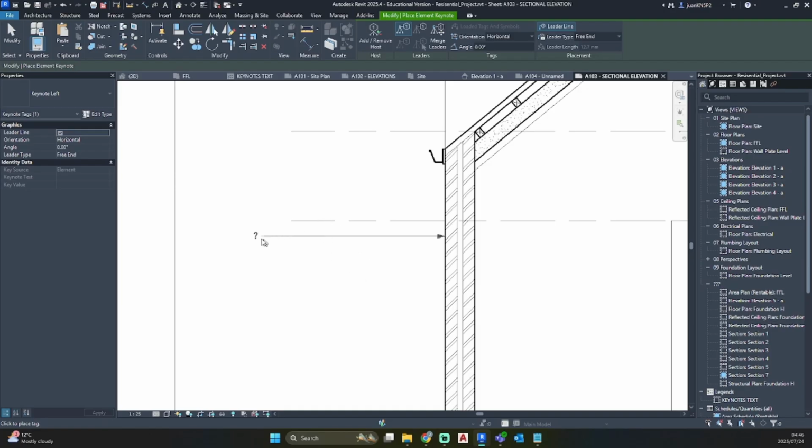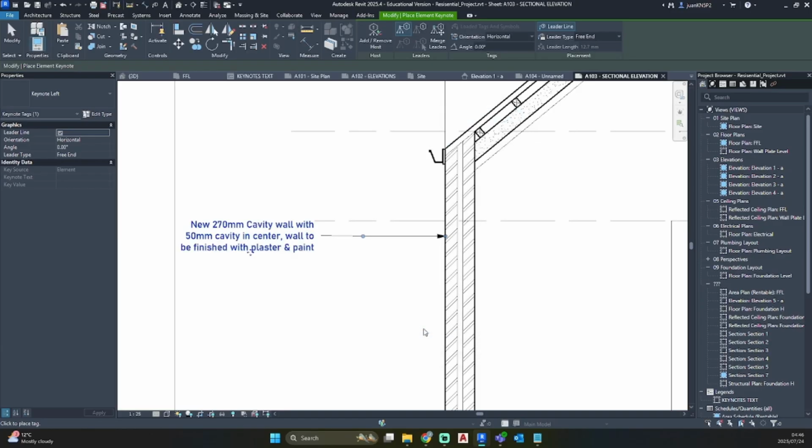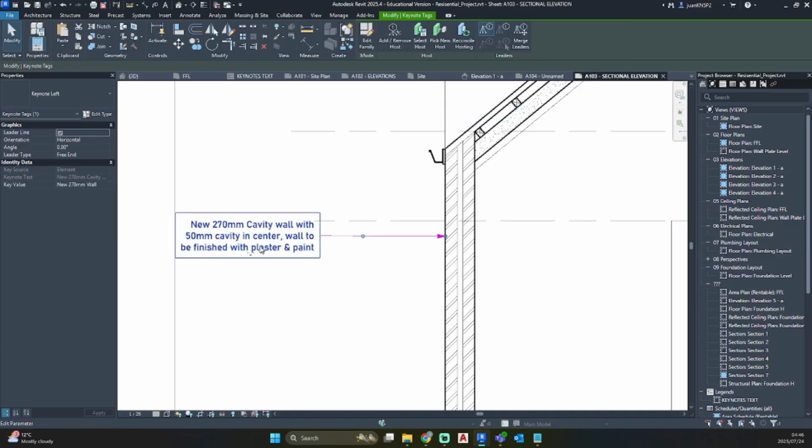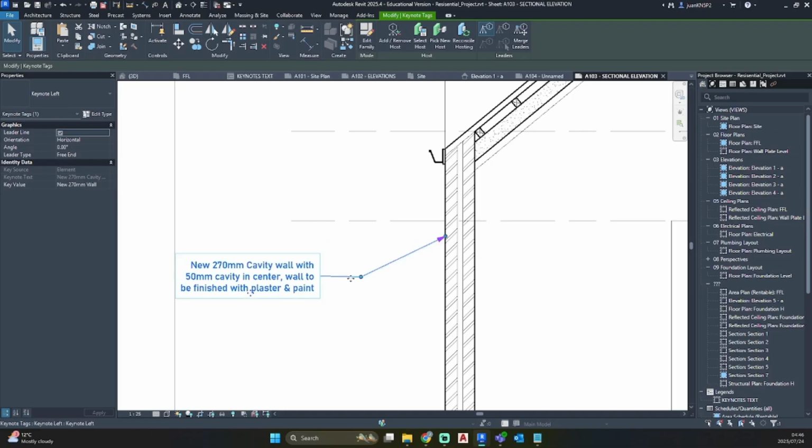Now the third click is where we want to start our text. So I'm just going to click over there. And now this is going to pop up because Revit's asking us which keynote do you want to associate with all of our walls, our cavity walls within the project. So I want to select that one that we've just created and go OK. And there you can see our keynote tag.